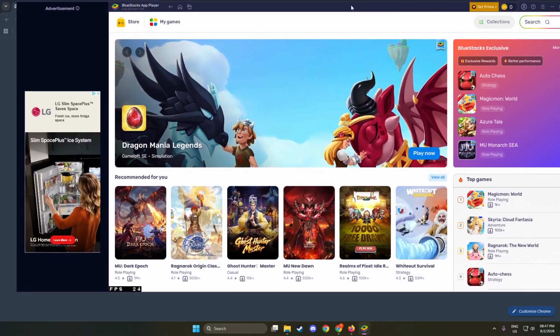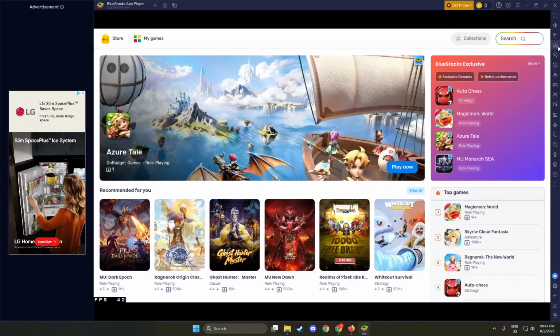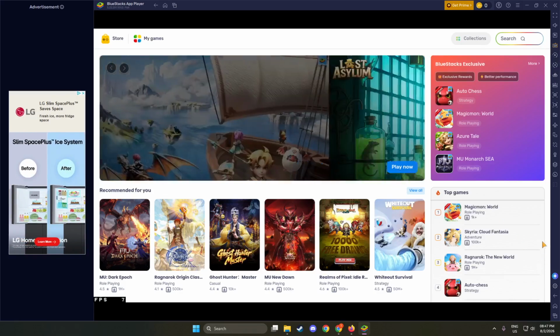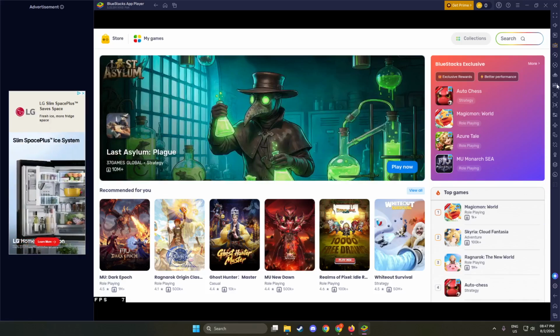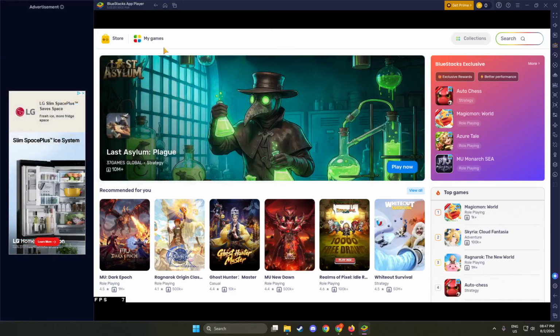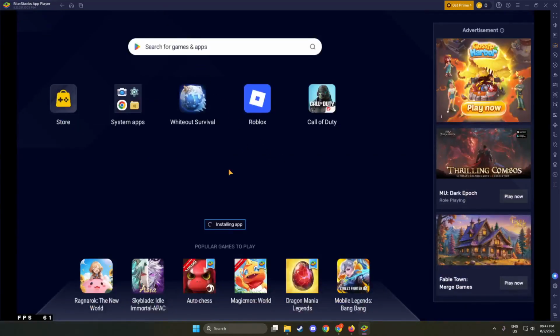After that, wait for the installation to finish. The time here depends on the size of the XAPK and the speed of your computer, so it might be just a few seconds or it might take longer for larger games. While you wait, avoid clicking around too much inside BlueStacks so the installation is not interrupted. You will know the installation is complete when the new app icon appears on the BlueStacks home screen without any loading bar on it. Once the icon is fully visible, the app is ready to use.